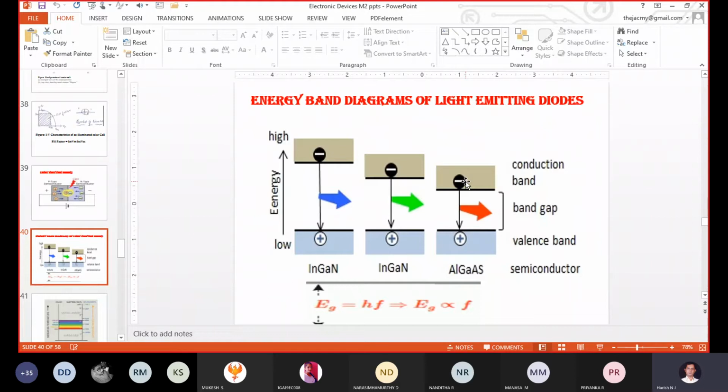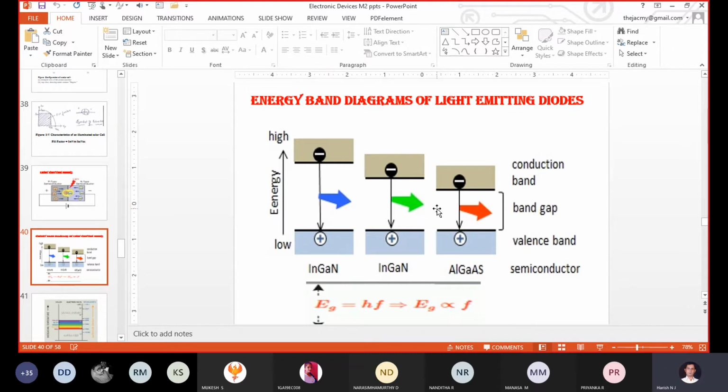So our basic colors are RGB. From RGB only we are going to derive many colors, right? The main three colors are red, green and blue, correct? So just check it out here. For the red color, the energy gap should be just greater than 1.8 electron volt. Compared to red, green has a little higher energy gap. Compared to blue, green and red have a lower energy gap, correct?